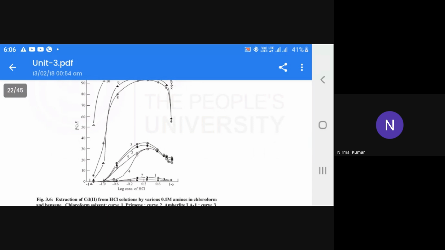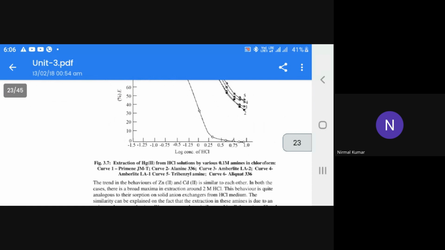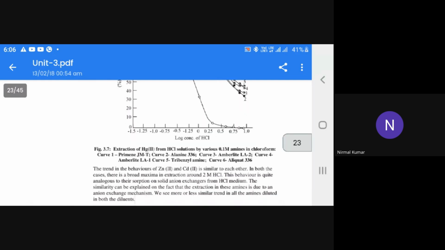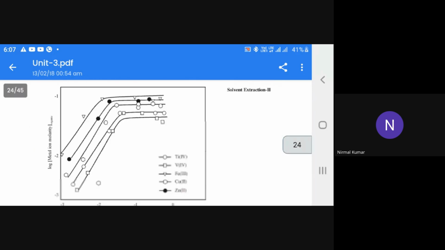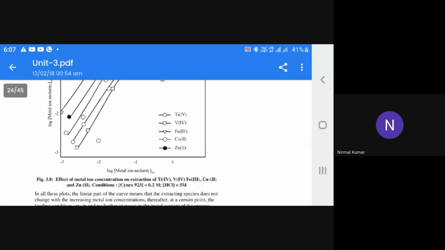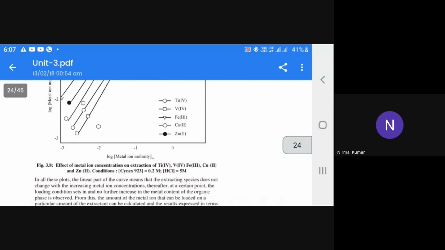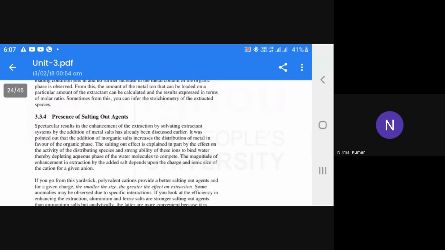So then effect of metal ion concentration, extraction of mercury from HCl solution by various 0.1 molar amines in chloroform. Already discussed metal ion concentration. Various metals, effect of metal ion concentration on extraction of titanium, vanadium, iron, copper, zinc. Condition as Phoenix 923 we are using at 0.2 molar, HCl is 5 molar. Then presence of salting out agent,